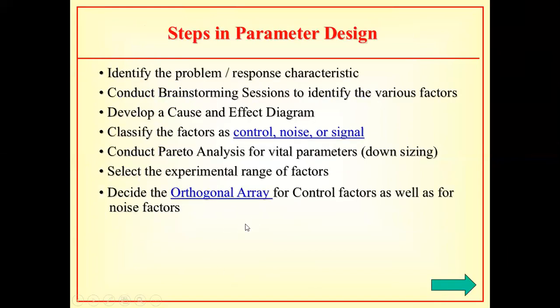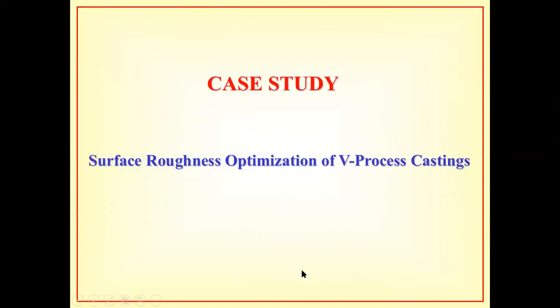So once you decide the orthogonal array, why are we deciding the orthogonal array? Because this is a scheme of experiment. Again, I am showing you that, sorry,